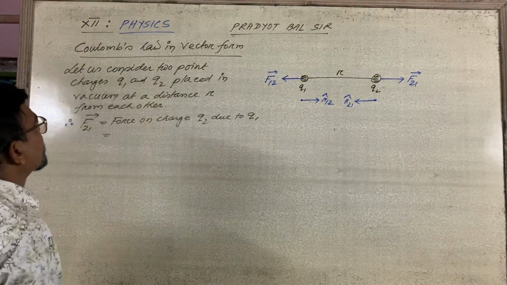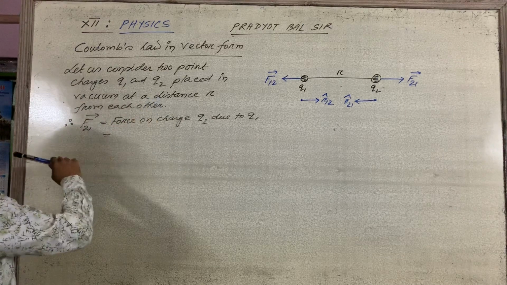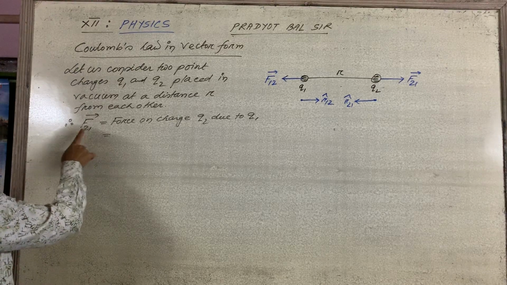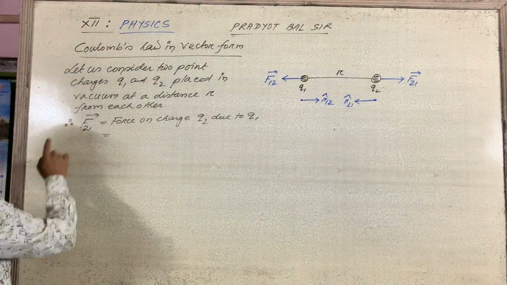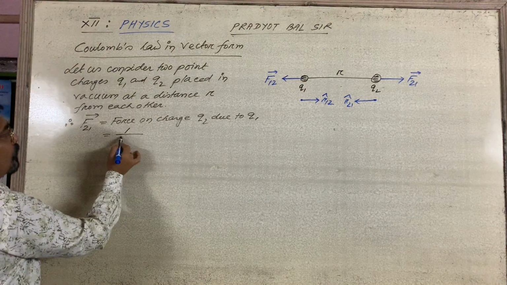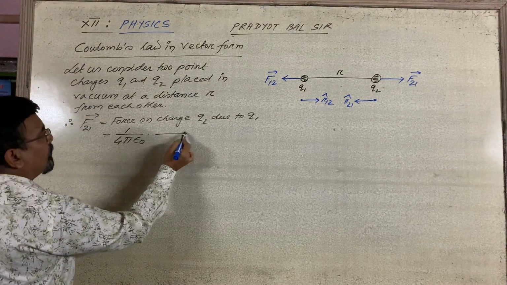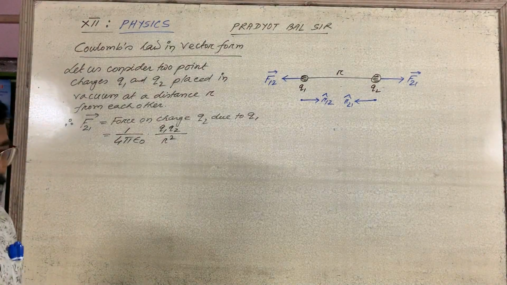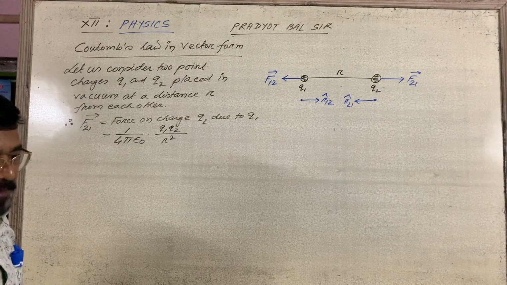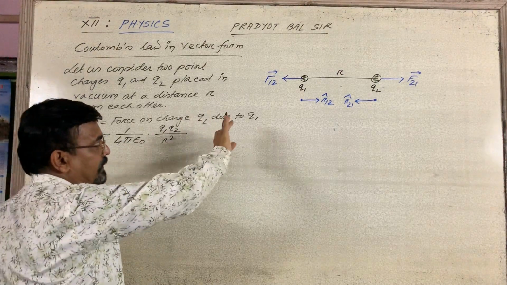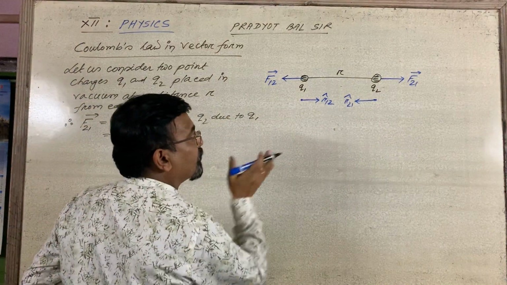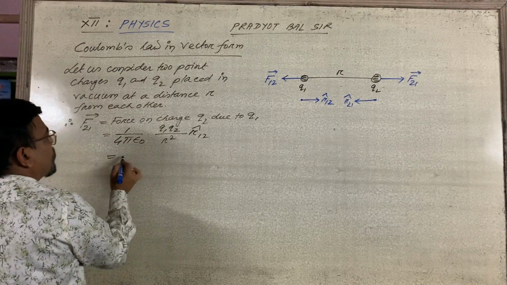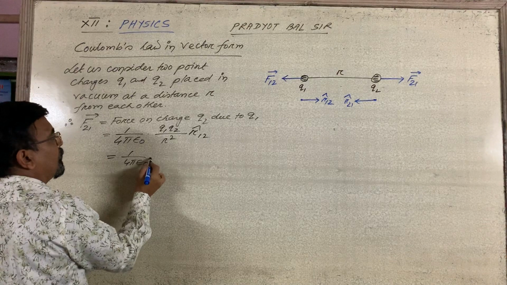I have written here, let us consider 2 point charges Q1 and Q2 placed in vacuum at a distance r from each other. F vector 2-1 means force on charge 2 due to charge Q1. And Coulomb's law we all know, 1 by 4 pi epsilon naught Q1 Q2 by r square. Now you need to give the direction. This charge will exert force on that, so going that direction. That direction means r cap 12 is equal to 1 by 4 pi epsilon naught